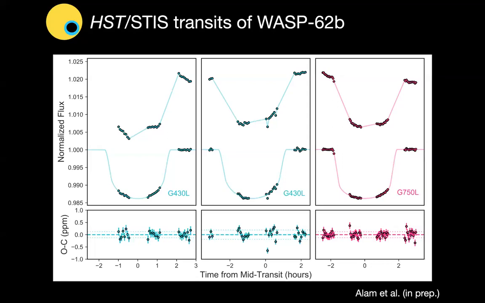We observed 3 transits of WASP-62b with the STIS instrument mounted on Hubble, which provides spectroscopy between 0.3 and 1 microns. These are the raw and detrended white light curves for each of the visits. I'll note that there were some guide star issues for both of the G430L visits that resulted in a lack of data in the first orbit for the first G430L visit and very few exposures in the second G430L visit. But the data that we were able to extract are good quality, and we're able to get a good spectrum out of them. So we binned the G430L and the G750L observations into 29 wavelength bins,